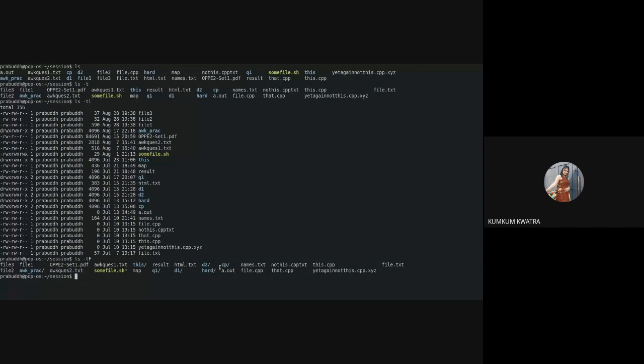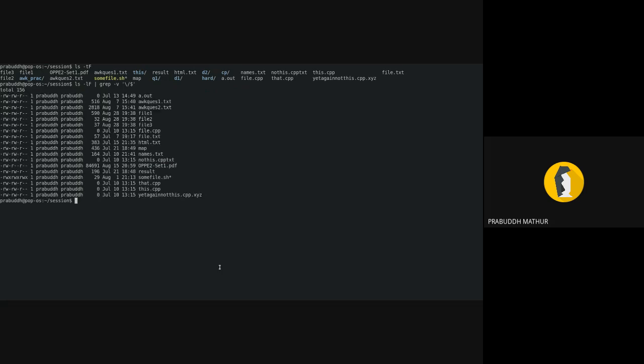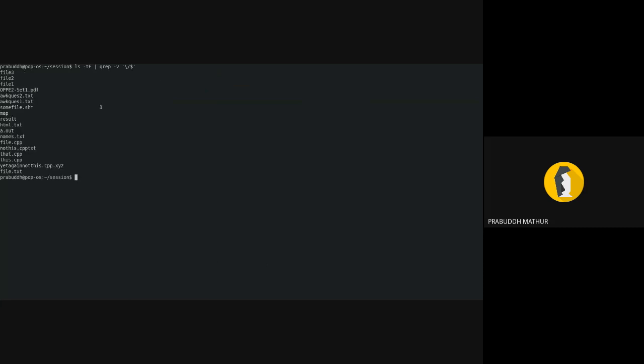Okay, so we have done till here, right? ls -lF. So we are getting all the files and directories, sorted by the latest or the oldest modified. Now we have to get the files, right? So we can inverse match it. Now these are all the files that there are. Wait, I did it with lfs. Sorry. Yeah, so these are all the files that there are.